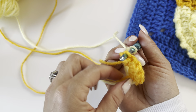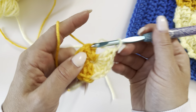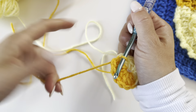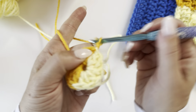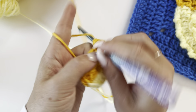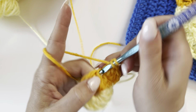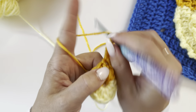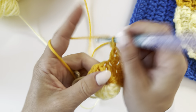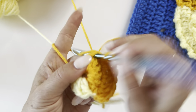We're not going to fasten off anything. We're going to pull up that saffron again, and we're just going to slip stitch that in. So now we're working with the saffron color for round 2, chain 2, and we're going to make 2 double crochets in each stitch around. So we're going to be making those 2 double crochets in each stitch, first with the saffron on the top half, and then when we're done with that,